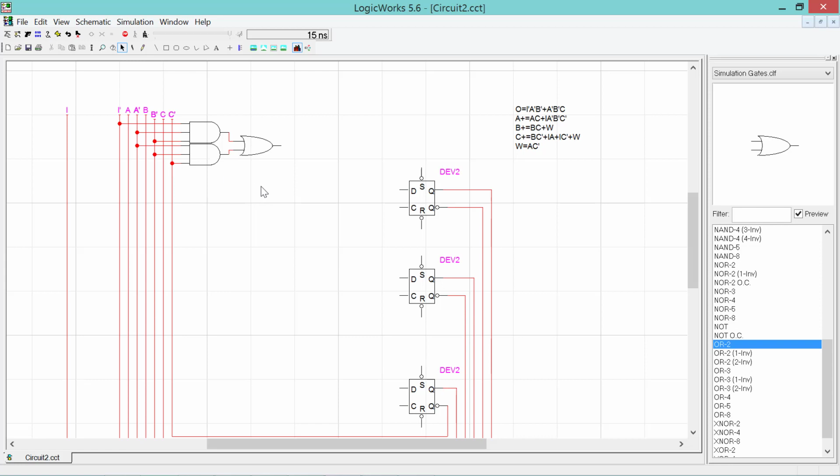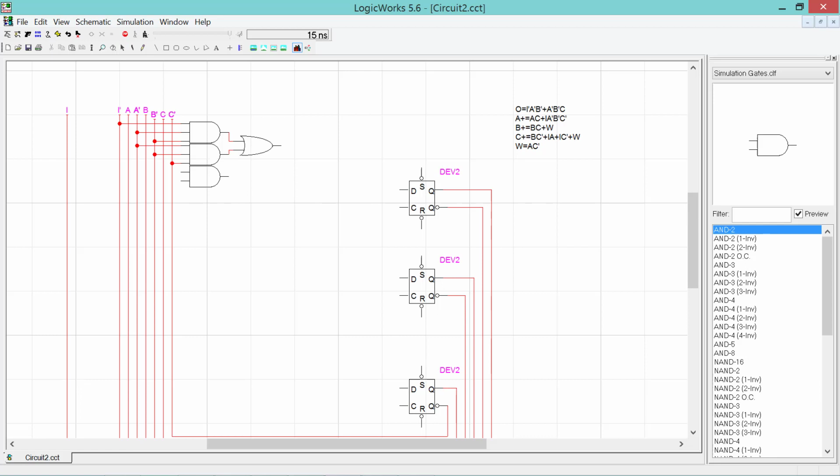It may be possible to optimize this circuit. I've just left these as two-level logic circuits, sum of products form. And then we can develop A plus, which is AC, or I, A prime, B prime, C prime. So we need a two-input AND here, and a four-input AND. We'll take an AND 4. We need to develop AC, or I, A prime, B prime, C prime,